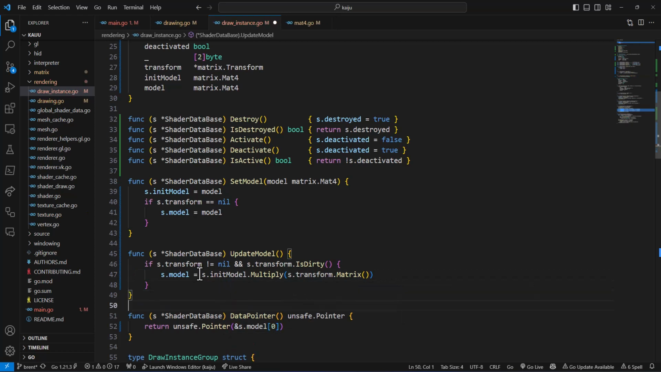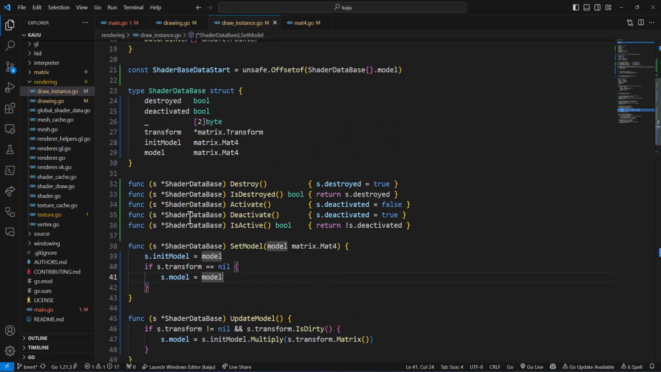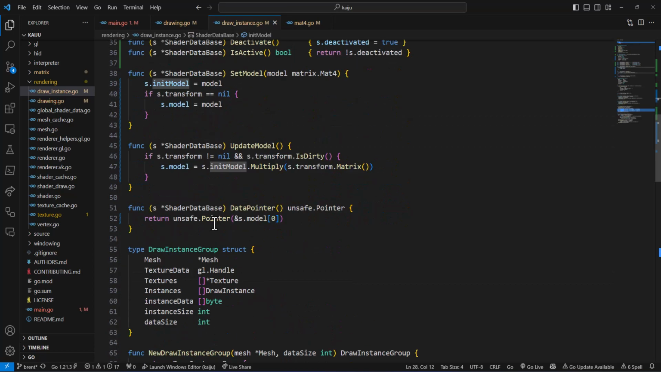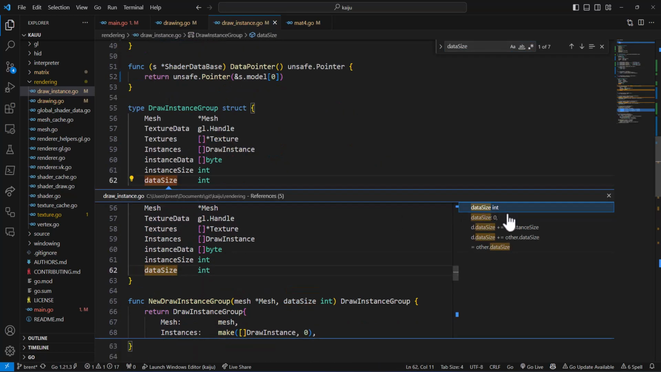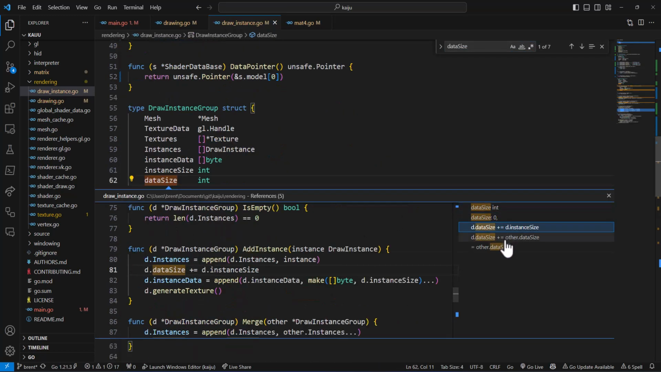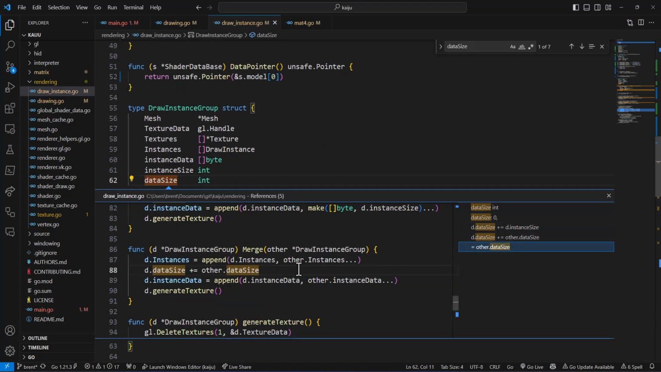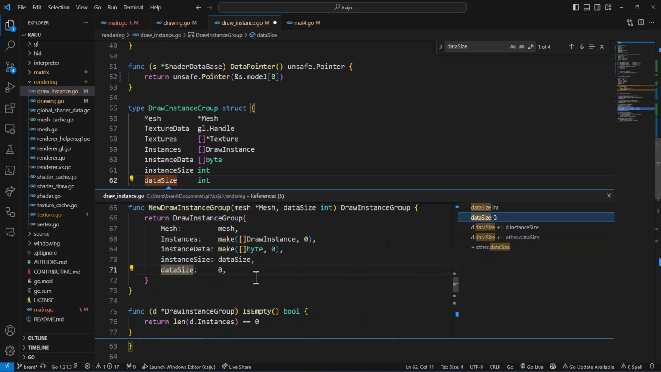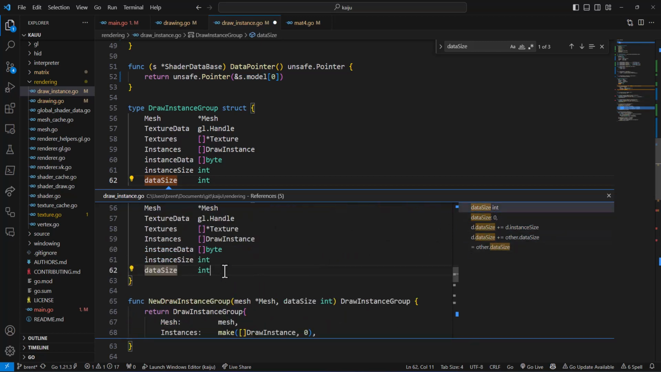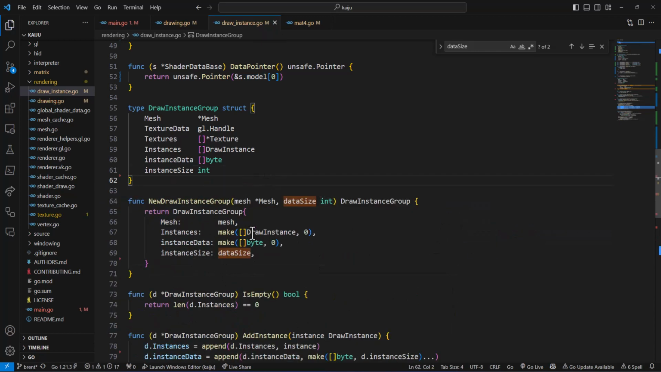So we take the initial model and we multiply it by the matrix of the transform. And another thing I was noticing is that we had a data size, and this is not used anywhere. It's just kind of added and not really anything is happening with it. So I'm going to remove this field. We don't need the data size. We can just